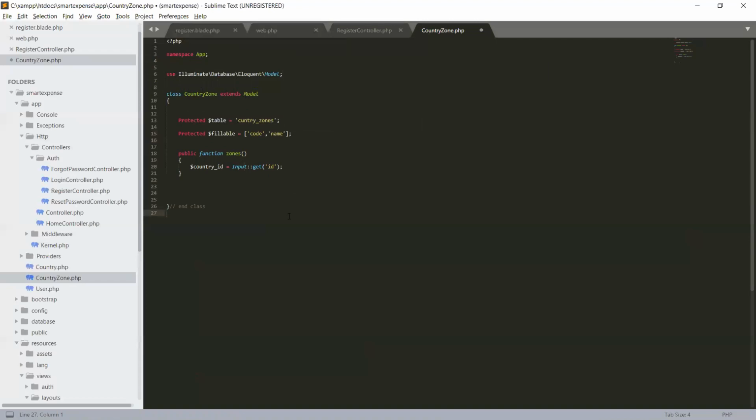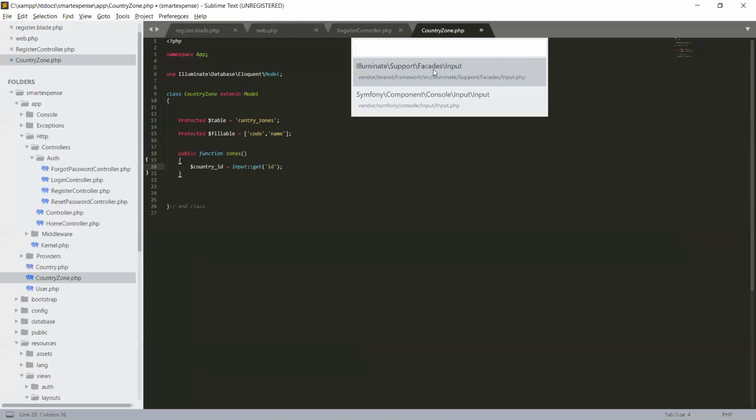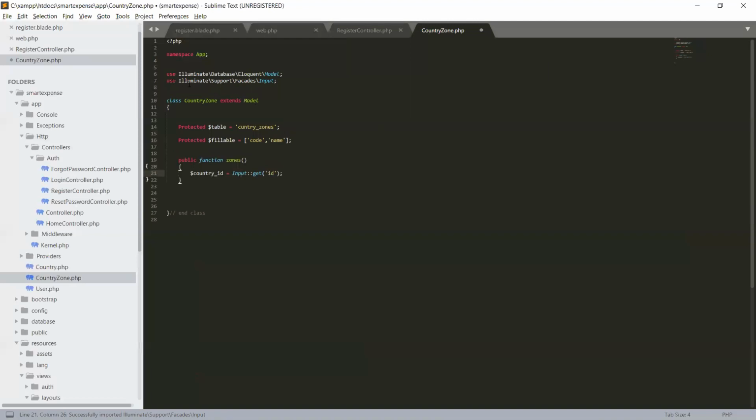I am using a PHP companion package to include it in our namespace. I have a shortcut key for this package, so I will press F5. So Illuminate Support Facades Input. We are getting it through an input request, so either it's a get or post, we can get this request through Input get ID. ID is the name of the request that we are sending.